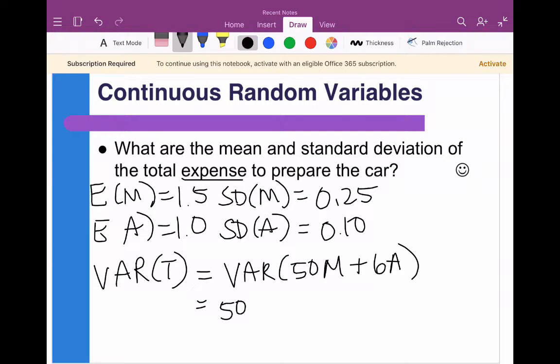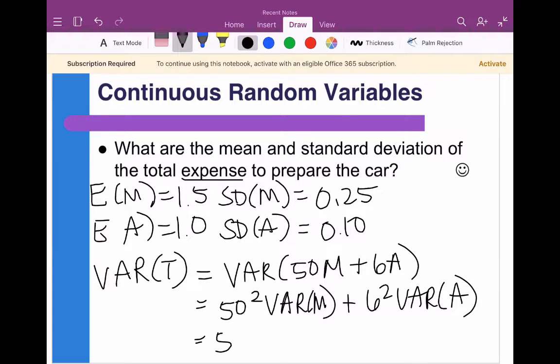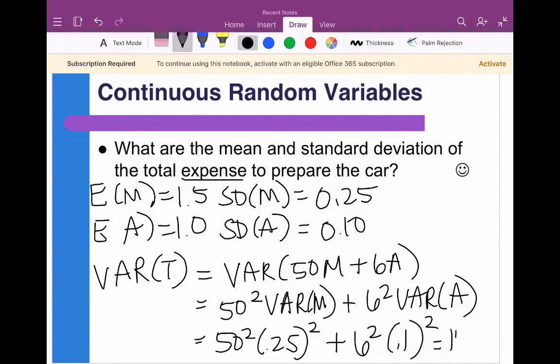So this would be 50 squared times the variance of the mechanical time plus 6 squared times the variance of the appearance time. So this becomes 50 squared times 0.25 squared, because remember we have to take our standard deviation and square it to find the variance, plus 6 squared times 0.1 squared, which gives us a variance of